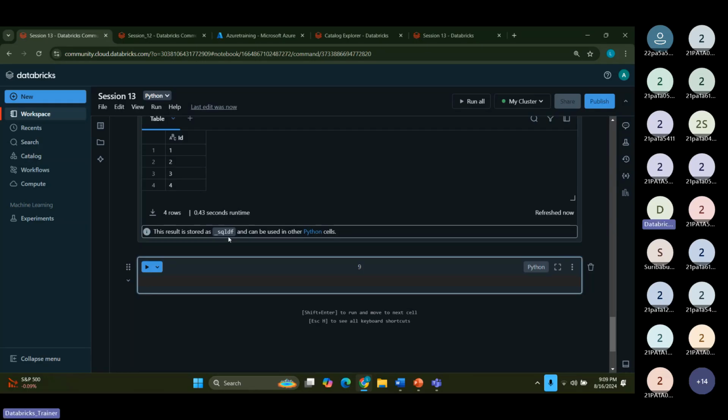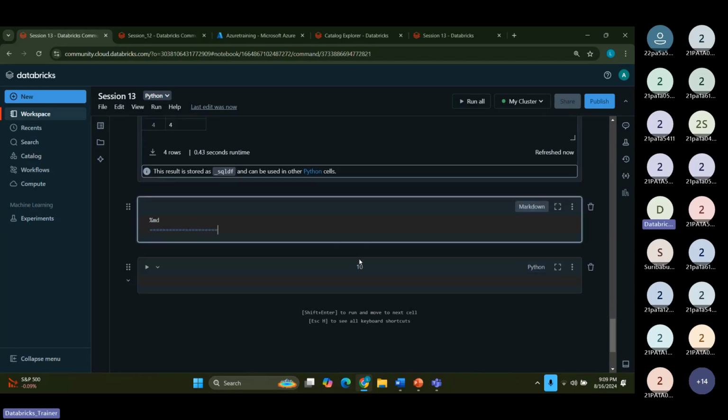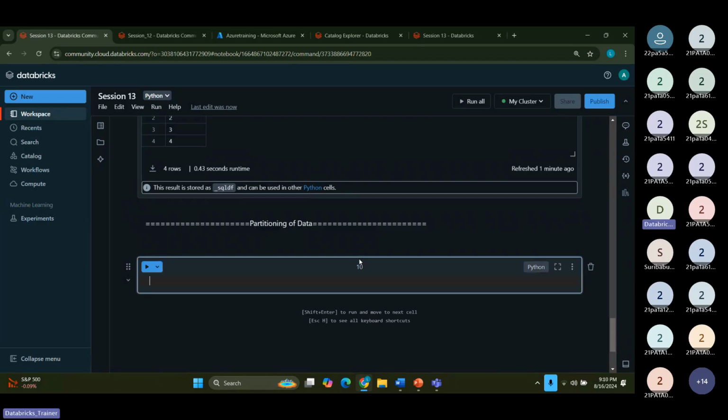So we have seen that one. We have seen all the methods of how you can create the tables and load the data. So now we have seen all of them. Now we are going to see the partitioning of the data. Okay. So in partitioning of the data, whatever we have seen